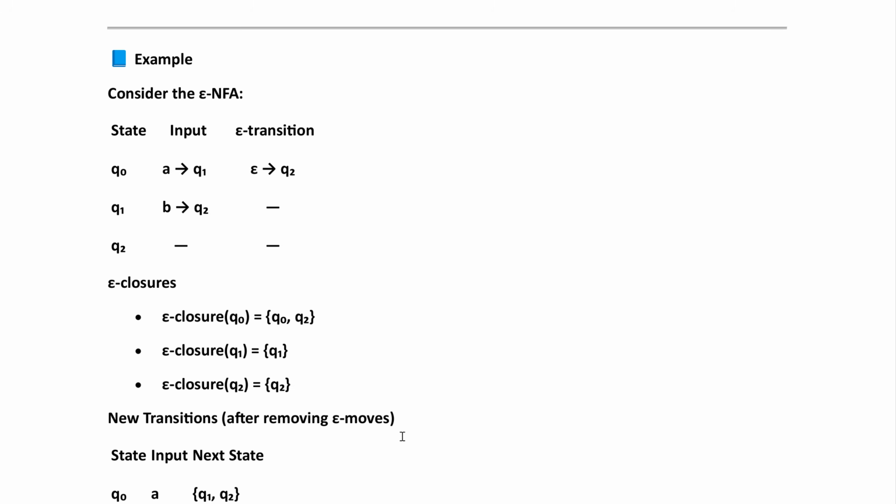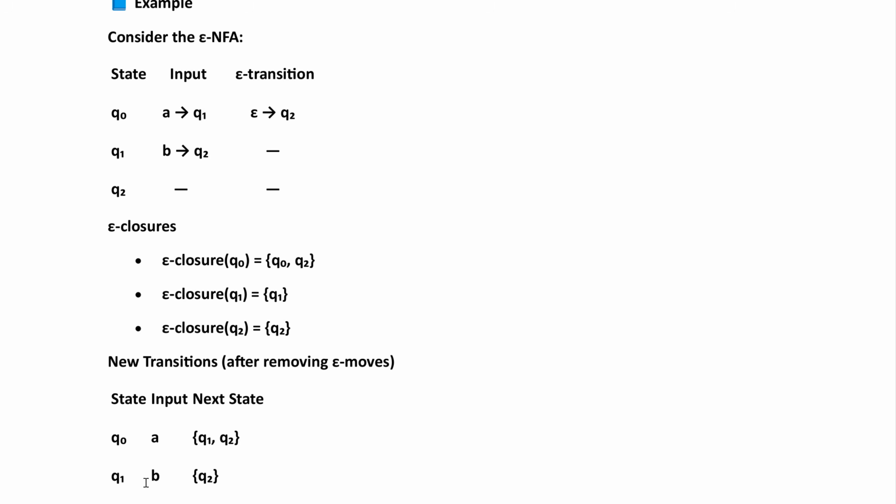Now, new transitions after removing epsilon moves. Now we are in a position to remove these epsilon moves. How? See, when we apply A on Q0, we get Q1, and we also have to write Q2 because the epsilon closure of Q0 contains Q2 also, right? So in this manner, see how to determine this new transition table after removing epsilon moves. Start with the initial state Q0. When we apply the symbol A on Q0, we get next state Q1. That's why this Q1. Also, we get Q2 because the epsilon closure of Q0 also contains Q2, right? Now, when we apply B on